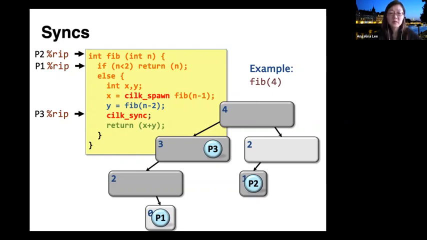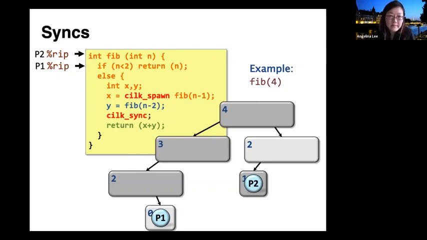And so in this case, when worker 3 hits a spawn, it needs to check whether it's ready to sync yet. And it needs to notice that, actually, no, I'm not ready to sync because I have some subroutine spawned by this particular function that is currently executing on a different worker. So in this case, it needs to determine that, no, I cannot actually sync yet, okay? And so if it's not ready to sync, worker 3 basically has to go away and find something else to do. And the execution of the Fib(3) will eventually get resumed whenever worker 1 manages to return